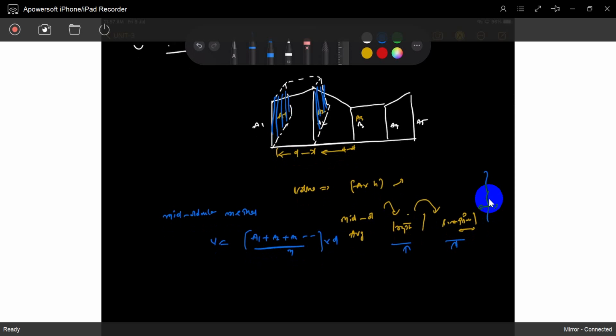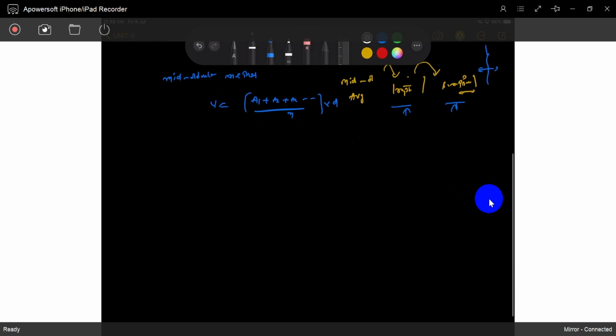In the last class, areas did not have a uniform shape. Areas have different shapes. So first find out the area of that shape, that section, and later you can use the trapezoidal formula or Simpson formula to get a volume. That's it. So first we can take the area of a trapezoidal section.